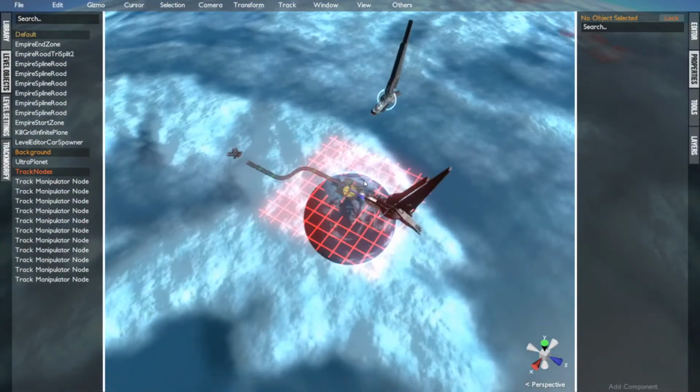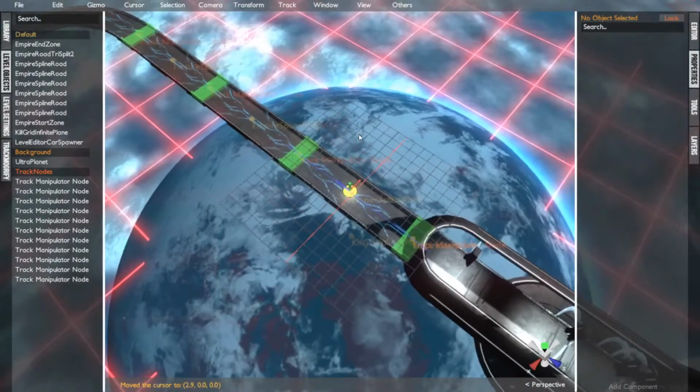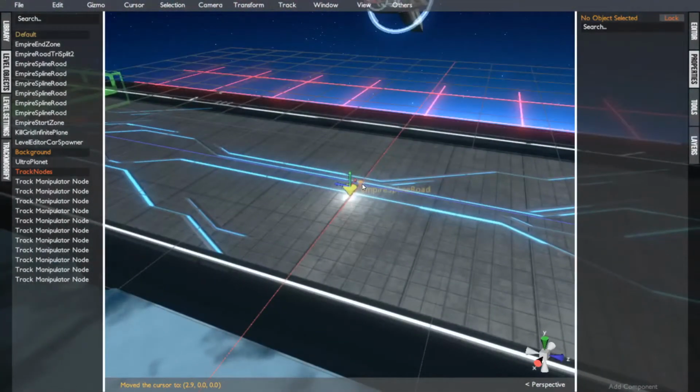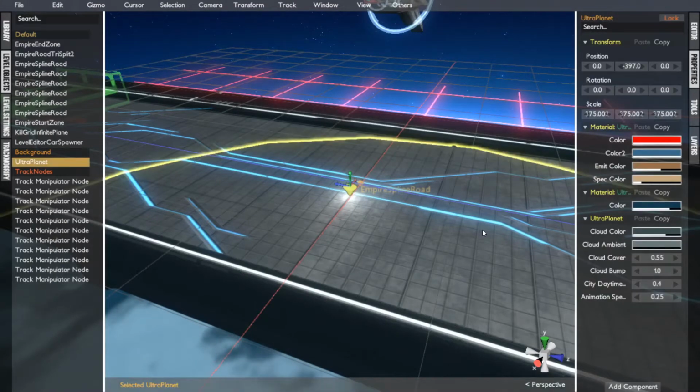So, how do things actually appear in the background? Like, how do you know where to place things? Well, you have to place everything around this center point right here, the very center of your level, 0, 0, 0, that specific position. If you don't place things around that, then it will not appear in your background,